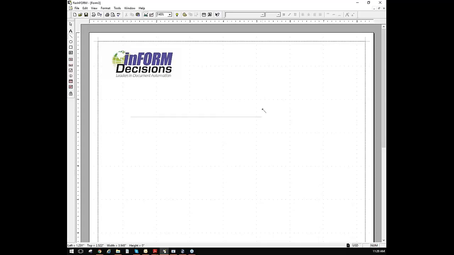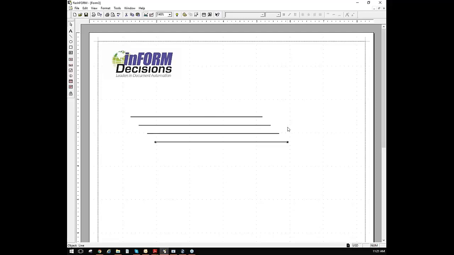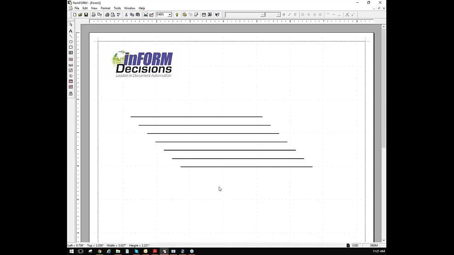So we actually have some options. You can create that. You can copy that by hitting Control C. Control V will paste it. Do a whole pile of those. You can highlight those. And the tool which I use